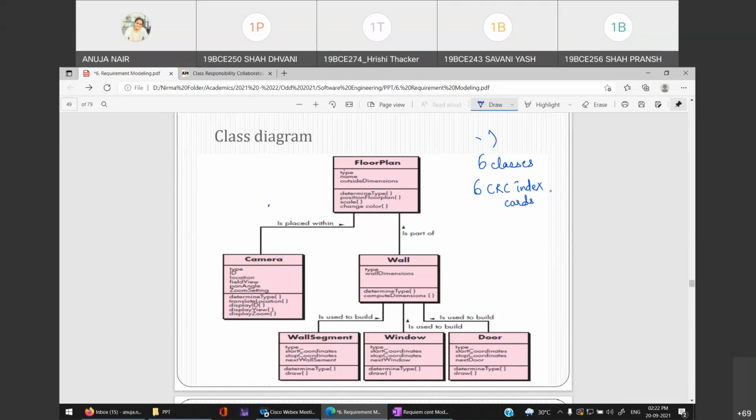Now, every CRC index card will have responsibilities and collaborators. Supposing, you see over here, I will create the CRC index card for floor plan. So floor plan, and then there will be two sections. One is responsibility, I'm just writing it in short form. Another is collaborator, right? Responsibility will be the methods.